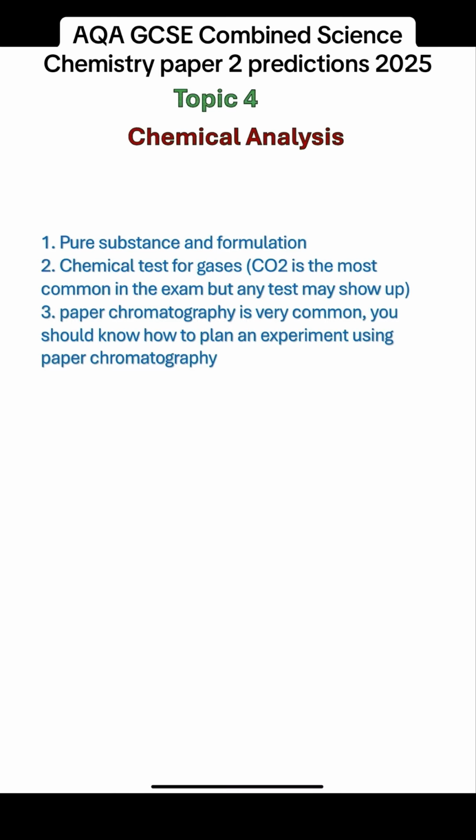So you should revise all chemical tests for gases. Paper chromatography is very common in your exam, and you should know how to plan an experiment using paper chromatography because this is a very common exam question. Topic 5, gases in the atmosphere. So carbon footprint is one of the most common topics that come in the exam when we talk about the gases in the atmosphere. You should know the sources of carbon footprint in the life cycle of the product, and